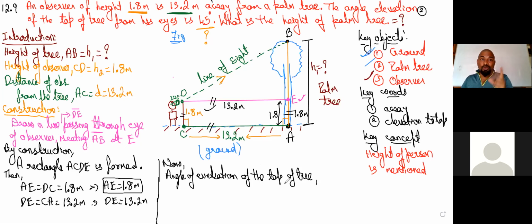So as I said, to make an angle, we need two rays. One is horizontal, one is the slant. We need two rays. So the line of sight is the slant line, and now we got the new horizontal line which is passing through the eye, which is nothing but DE. Okay, now let us mark our angle as 45 degrees. So what is the angle made? Angle made is nothing but EDB is equal to 45 degrees.